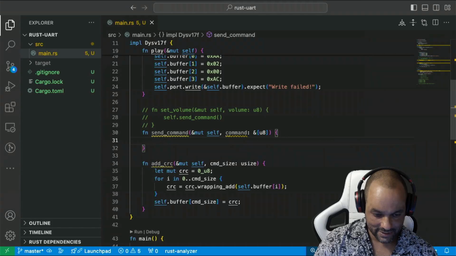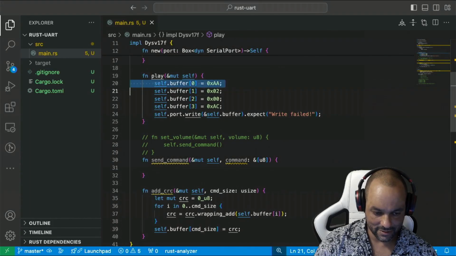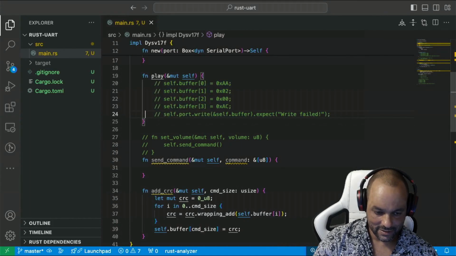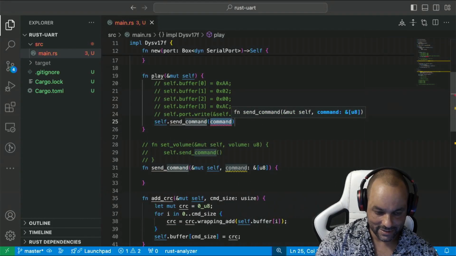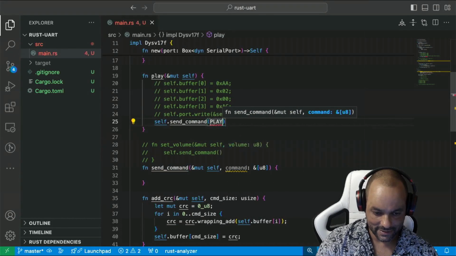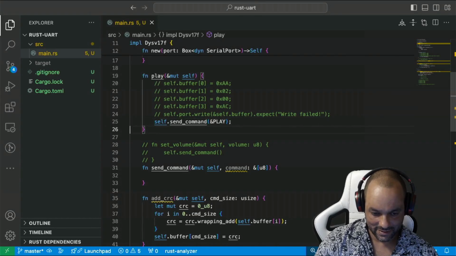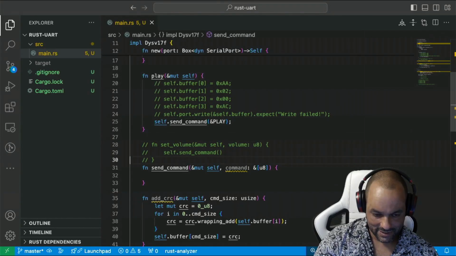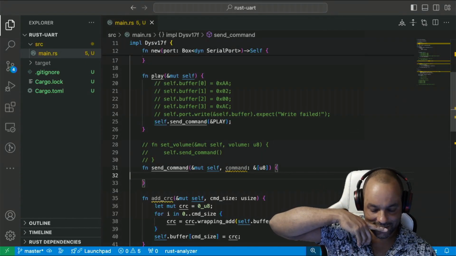Let's do that. So then we can replace the contents of this one with self.send command. We add in play, or reference to play. So that nearly works, because